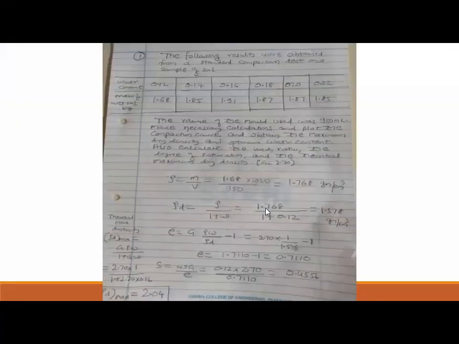Further solution: what he has asked is, what is the void ratio? First we do the void ratio. For the first reading I did here. Void ratio e is equal to G rho W by rho D minus 1. This formula you know very well. G is 2.70, rho W is 1, rho D is 1.578, which you have just calculated, minus 1. So for the first reading, you will get e as 0.7110.